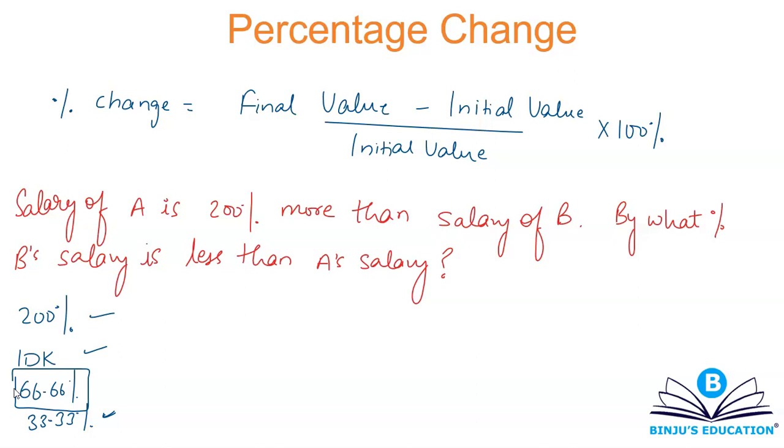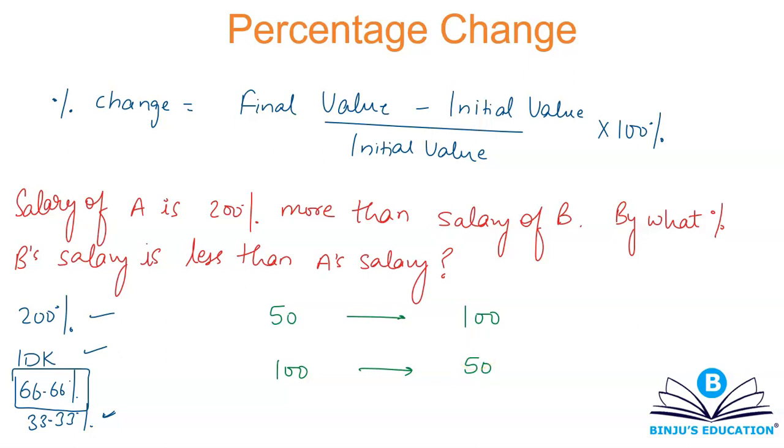I told you in the first lecture that percentage is a relative quantity. It depends upon the base value. For example, let's suppose I have two numbers, 50 and 100. If you go from 50 to 100, there is a change of 50 over 50. If you go from 100 to 50, there is again a change of 50 over 100.